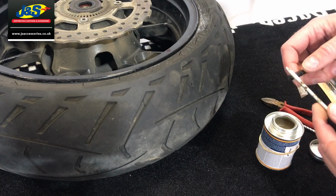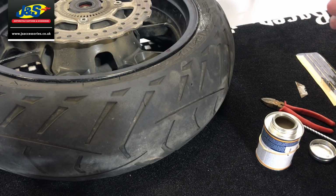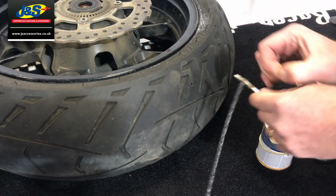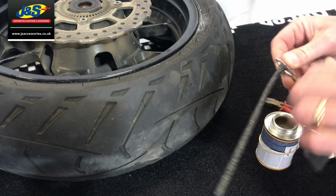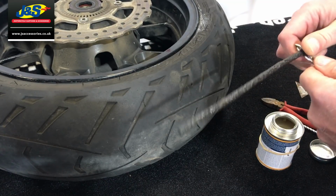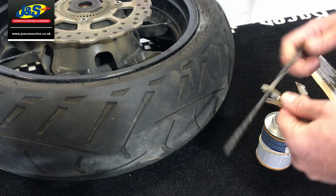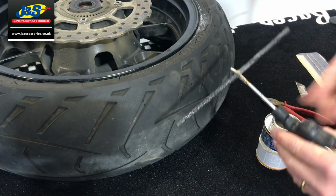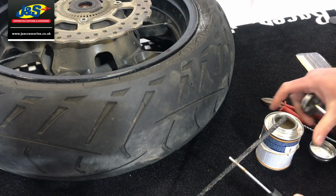I inserted the rubber plug through the insertion tool. Don't know whether I'm in focus here or you can see it or whatever, but basically I push that through the insertion tool. Okay, and pull that through like that. Once it's through, equal amounts hanging out either side, I then get some of the rubber glue,